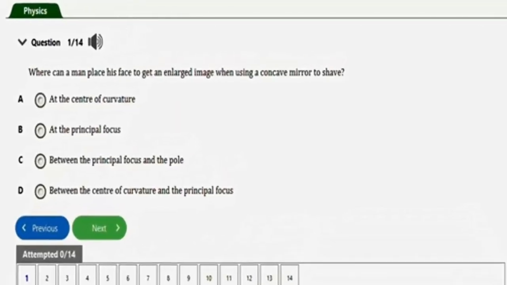In this video, we're going to learn how to solve problems involving repeated physics questions under the subtopic formation of images with plane, concave, and convex mirrors in reflection of light. So let's get started. The first one I have here says, where can a man place his face to get